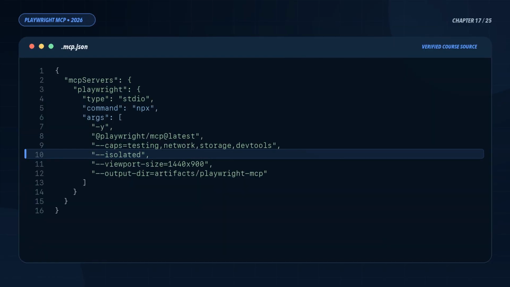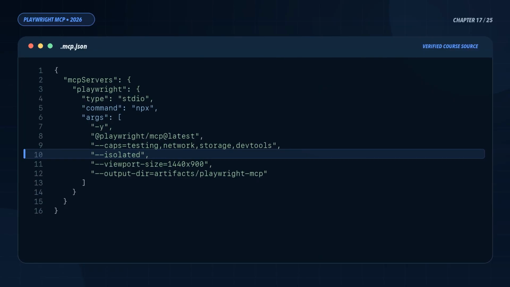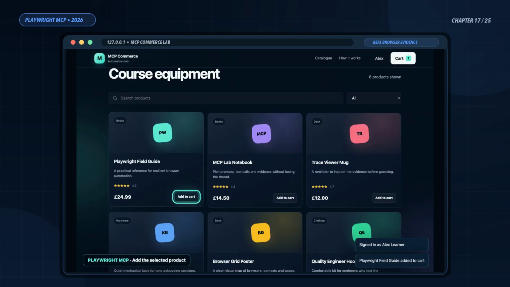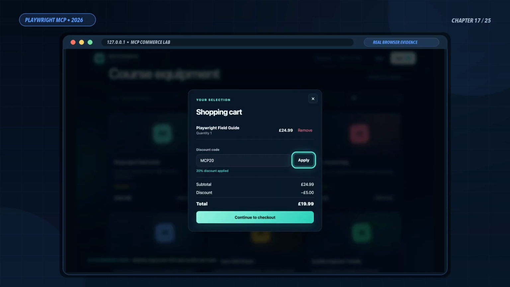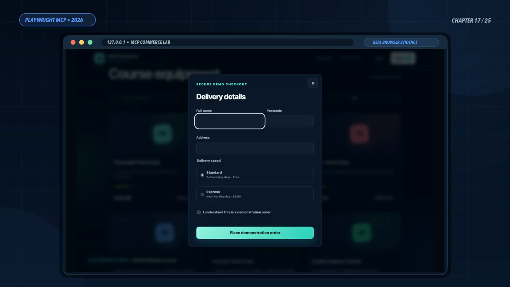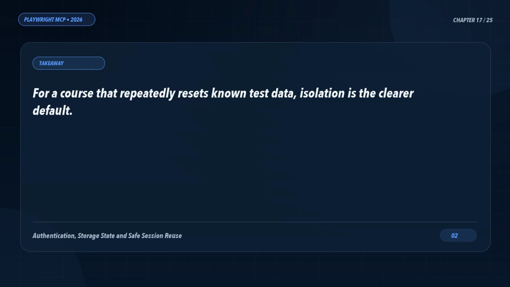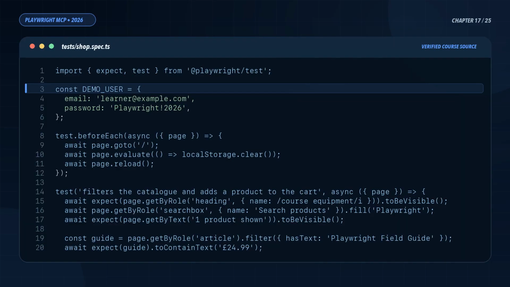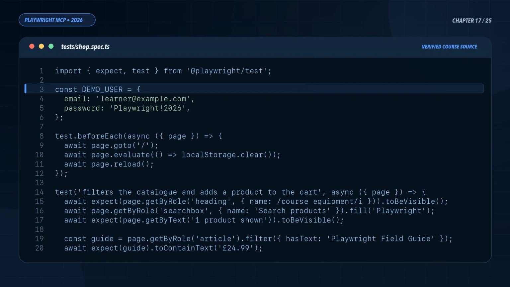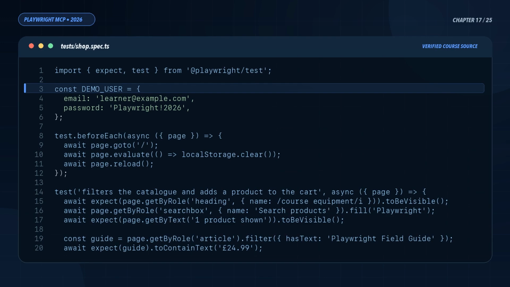Use a dedicated test account with the least privilege available and regenerate state when credentials or session policy changes. To test logout or first-time behavior, clear the relevant storage or create a fresh context rather than editing the file by hand. The committed suite takes the stricter approach. Before each test, it clears local storage and signs in only when the scenario requires authentication. Larger suites often create an authenticated setup project and reuse a protected storage state file for speed, while retaining separate